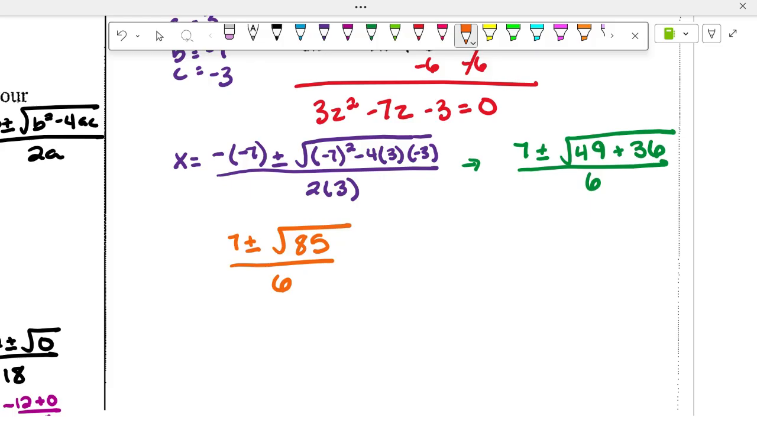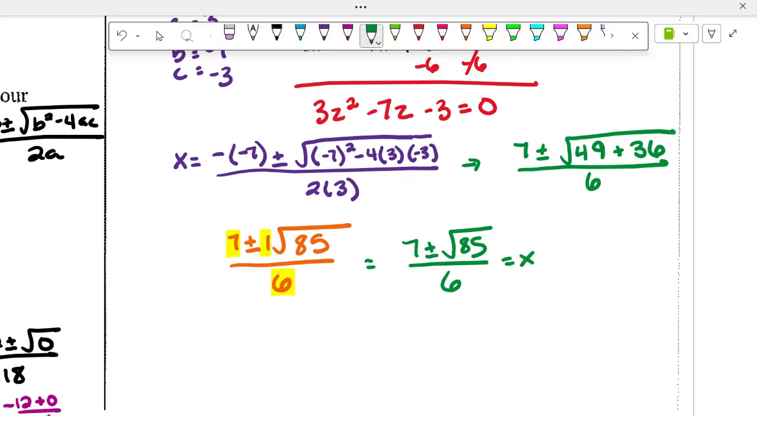No, they won't. So if the radical doesn't simplify, you just got to make sure that all the fractions are simplified, meaning there's an unspoken 1 here. So you have to make sure that all 3 of these numbers can't be simplified. So 7 over 6 and 1 over 6 doesn't simplify. So since they can't, our final answer is 7 plus or minus square root of 85 over 6